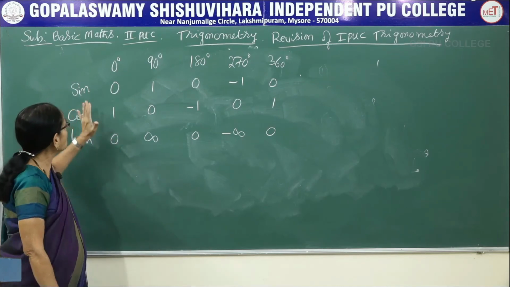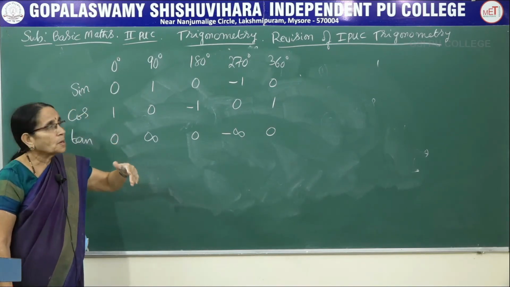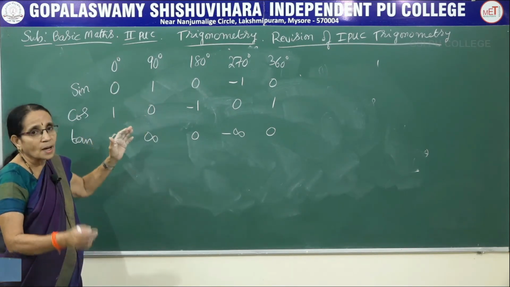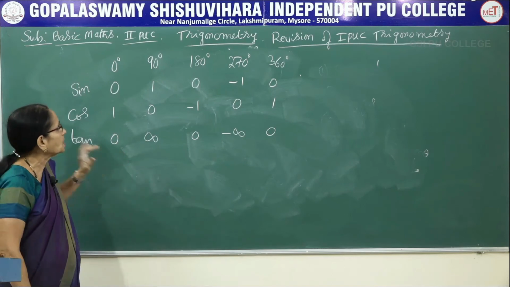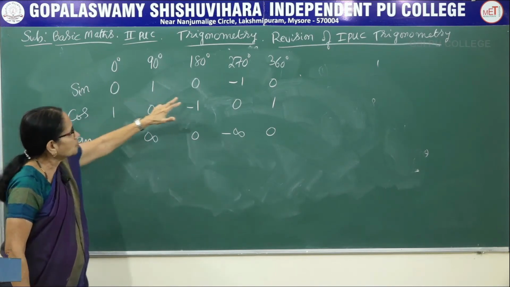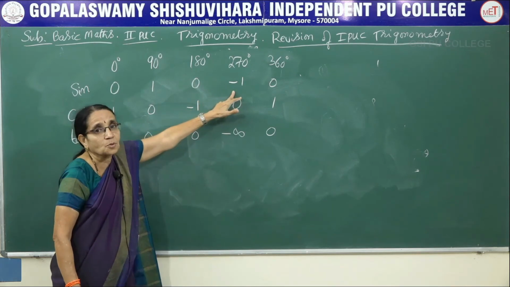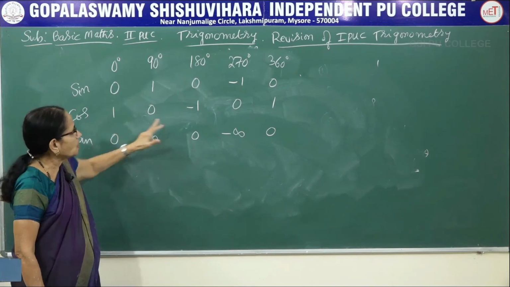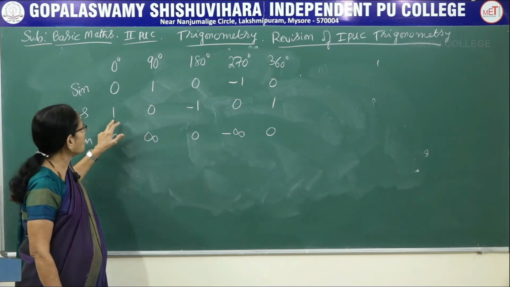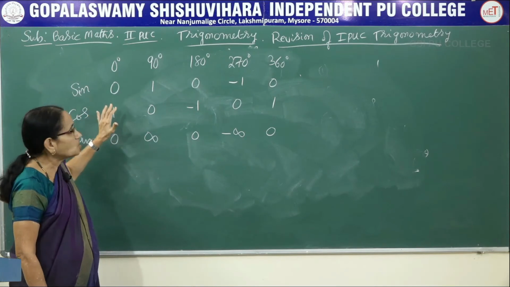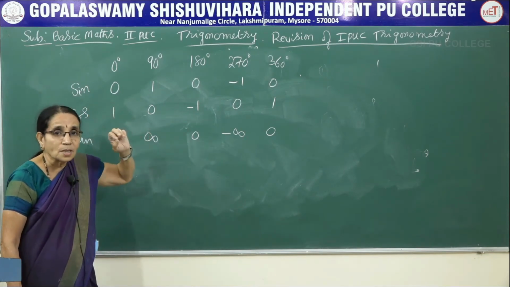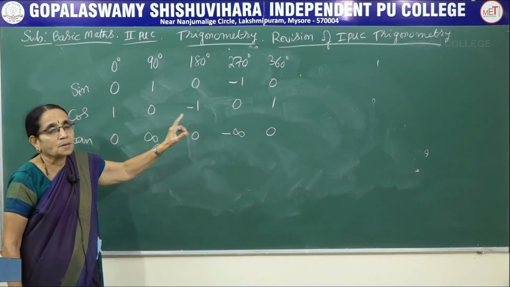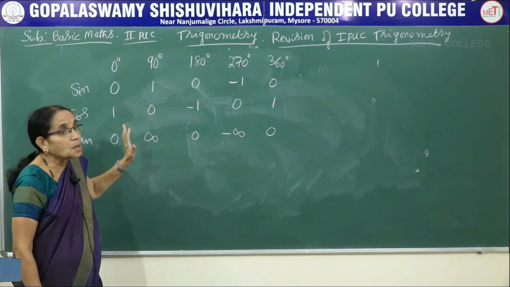Look at the values of the sine ratio. Just now I told you, even if the angle is of very huge quantity, we can convert it so that the angle would be lying in one of the standard values, isn't it? Now you observe, the least value sine has achieved is minus 1 and the maximum value is plus 1. Similarly, in the case of cosine also, the least value is minus 1 and the maximum value is plus 1. So the values of sine theta and cos theta, for whatever value of theta, will always lie between minus 1 and plus 1. This is important information we have to remember always.